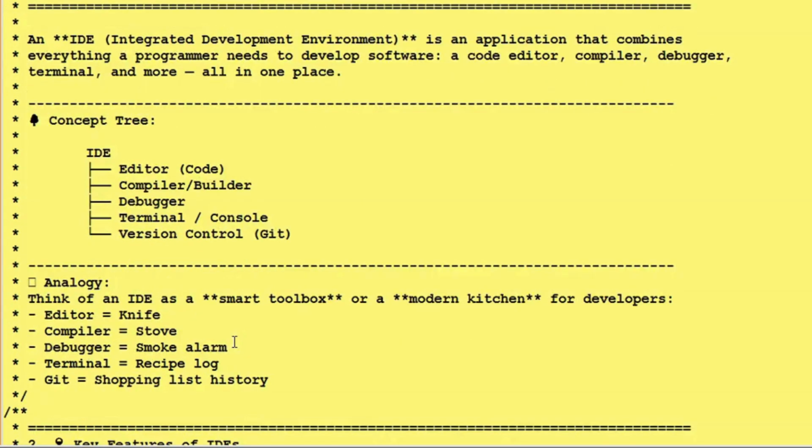And if you consider an analogy, think of an IDE as a smart toolbox or a modern kitchen for developers or automation testers. The editor acts like a knife, the compiler like a stove, the debugger like a smoke alarm, the terminal like a recipe log,